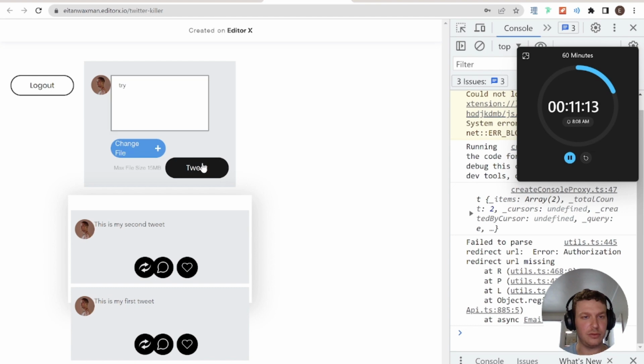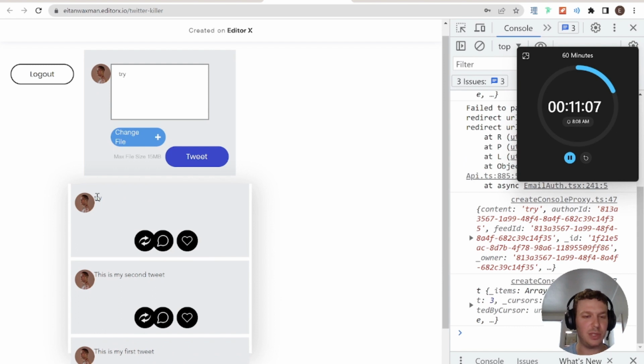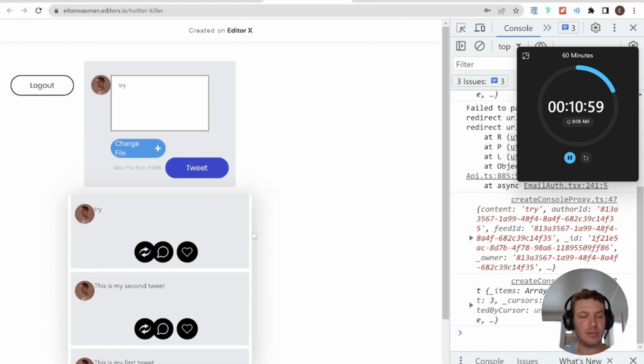So I'm going to tweet that. Awesome. Okay, so we have another tweet. We have some big problems here because we don't know which tweet belongs to who. So that is a bit of an issue. That would have been a nice thing to include in our tweets in terms of username. Yeah, okay, but let's just focus on, let's see what will happen if we do the retweet or the